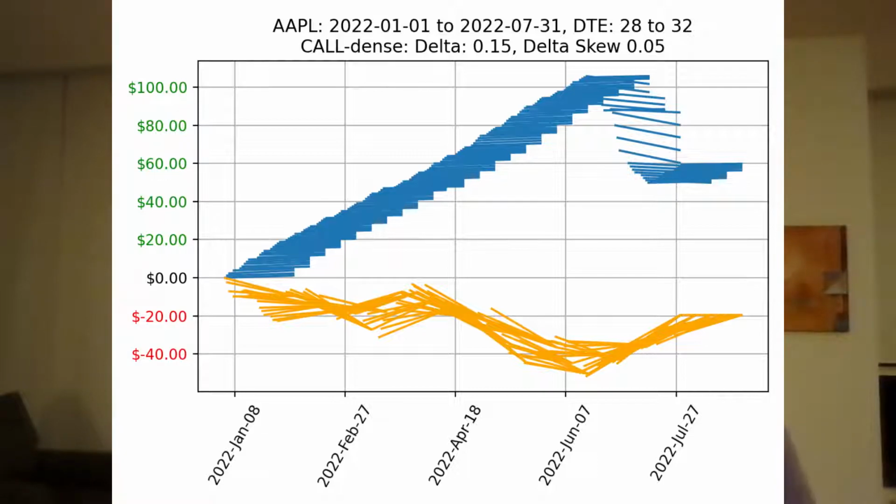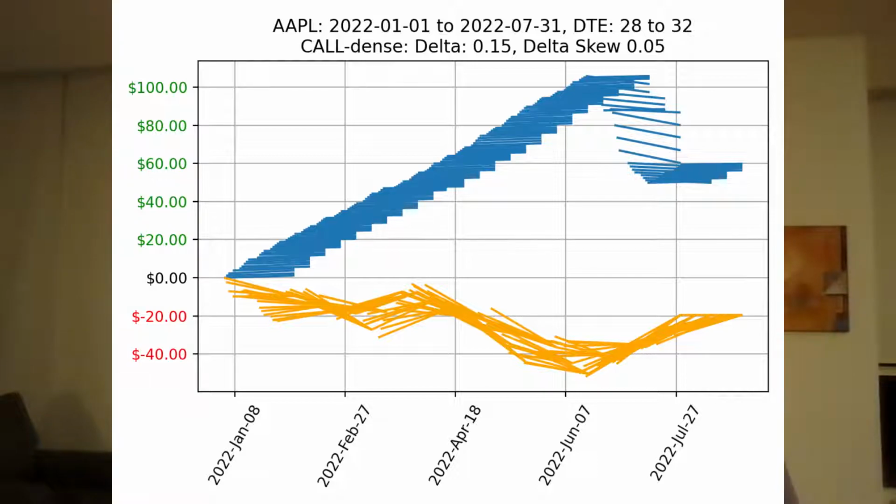So let's move on to what we're actually seeing on the chart, all these line segments. Each line segment I call a leg. A blue leg represents selling an option. The length of the line segment on the x-axis is the time, between 28 and 32 days. That's our DTEs. Change in the y-axis is the profit loss made on that leg. The real dollar value would be times 100 if you're selling one option contract.